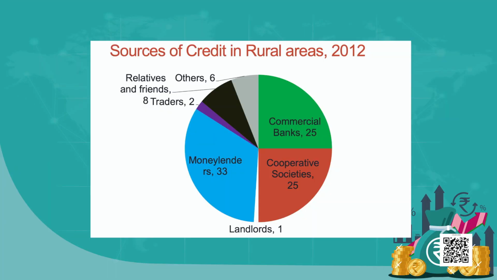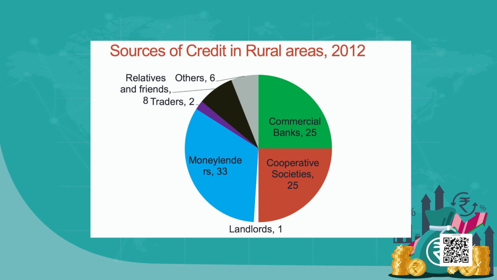How people borrow, from where they borrow, what is the source available, what is the evidence available from India? You have hundreds of bank branches and you have people from various walks of life borrowing and lending. So what is the source of credit in India? For that purpose, the Government of India collects data through a national level survey. Look at this pie diagram.